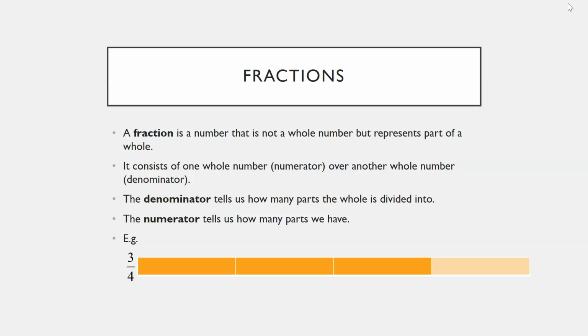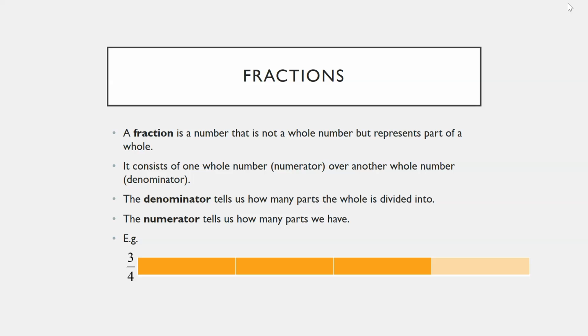So a fraction is a number that is not a whole number, but represents part of a whole. It consists of one whole number, the numerator, which we put on the top, and then another whole number, called the denominator, which goes on the bottom. The denominator tells us how many parts the whole is divided into, where the numerator tells us how many parts